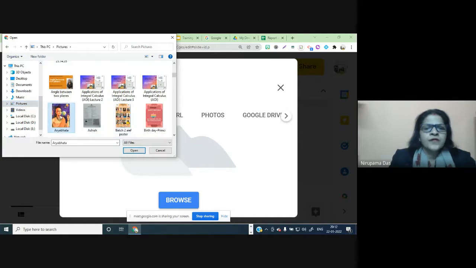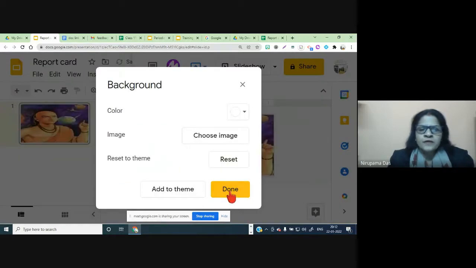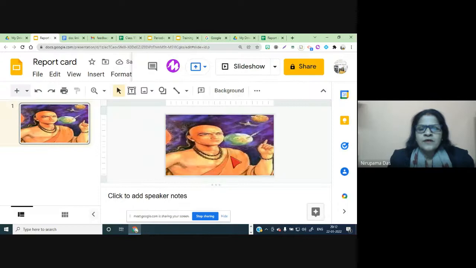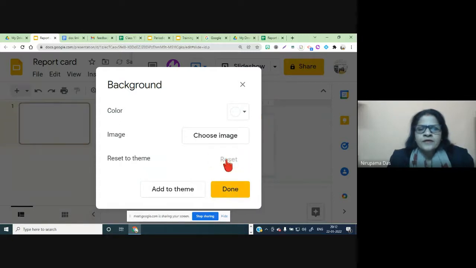I just want to show how to insert an image. It may be your school logo or anything you want. So we can have a transparent image, in fact. Specifically in a report card, a school logo is okay. I'll just reset.